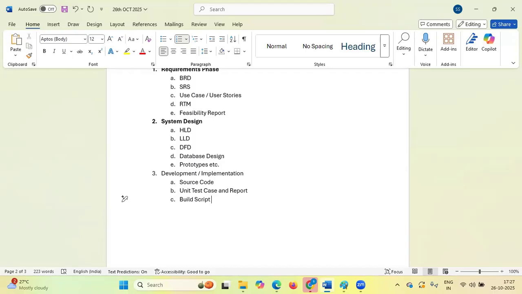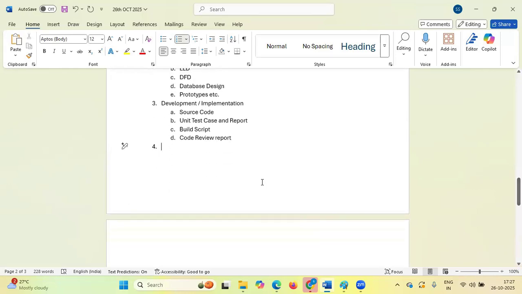So that's the reason we have included those parts in our syllabus. Okay. Build script and code review report. So these are the outputs of the third phase, that is development and implementation.